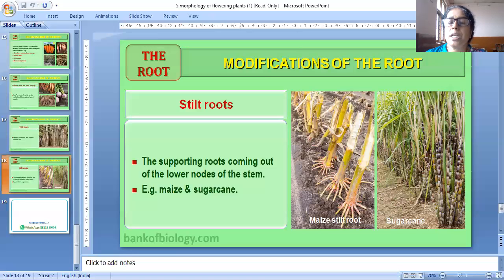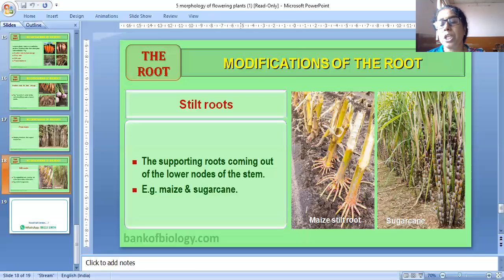Veins provide rigidity to the leaf blade. These are the veins; the line going through that one is called the vein. So veins provide rigidity to the leaf blade and act as a channel of transport for water, minerals and food materials.